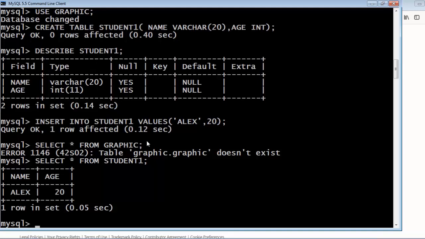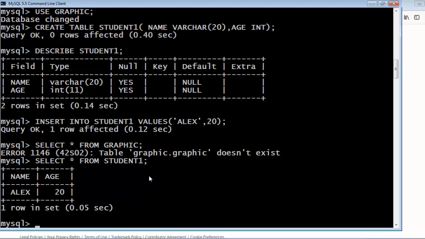Now select star means you have to select all the things from student1. Star means to retrieve all the particular items, all the records that are present in this table. So this query will be select star from student1. It means select all the necessary attributes from this table and display it on the screen in the form of a table. This particular thing is displayed in the form of a table.